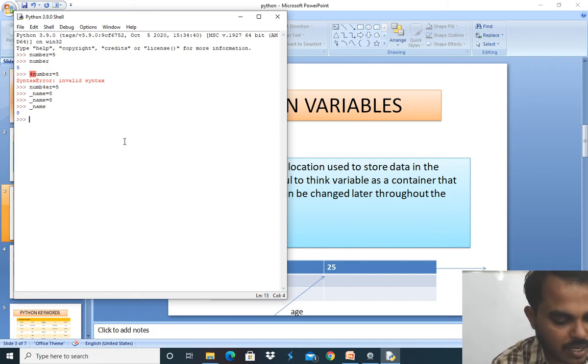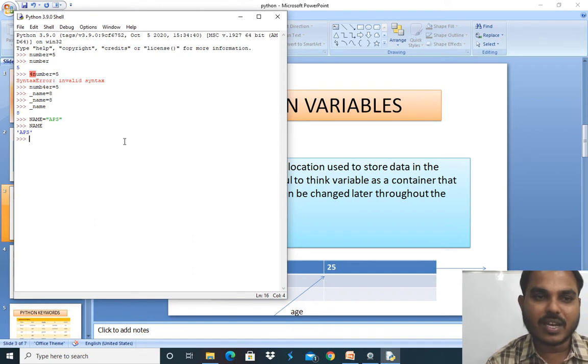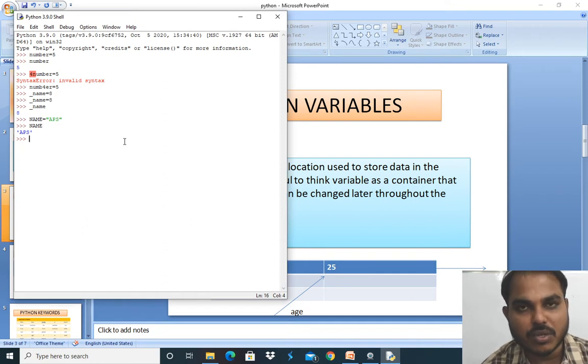For example, I'll take NAME is equal to APS. Here the variable is in all capital letters, which means I don't want to change its value throughout my code.